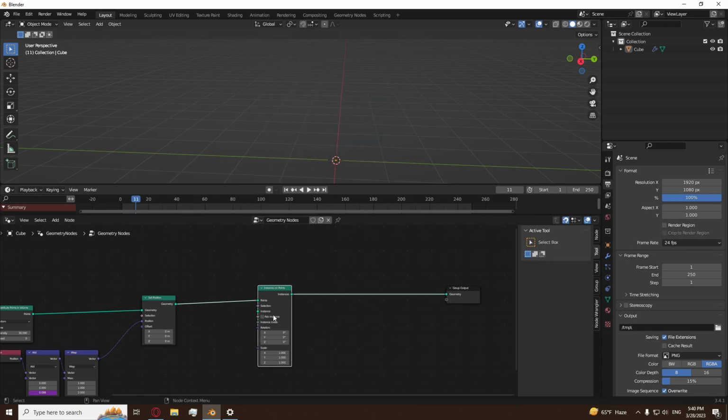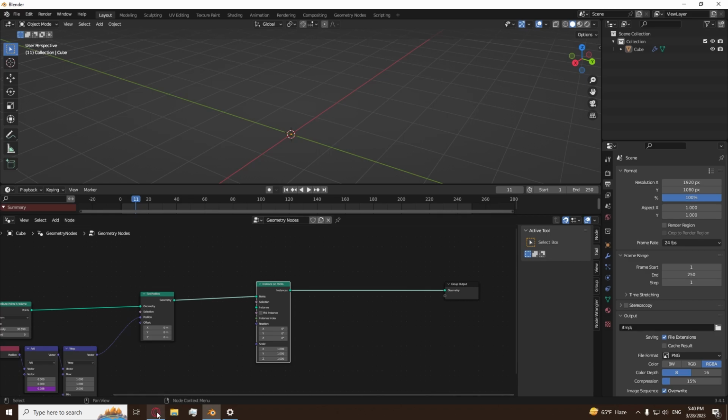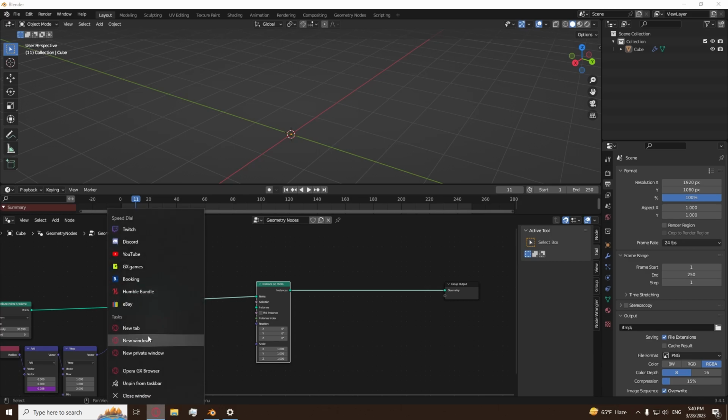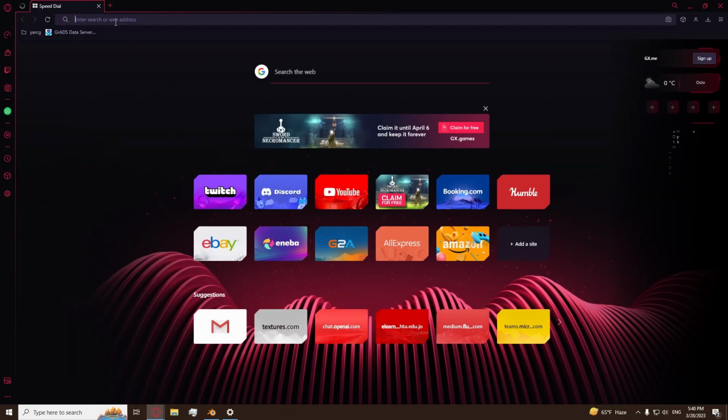Instances, instance on points. Now, the instances we're going to use are images as planes. Now, before we do anything, I should have shown you this at the beginning of the video, but it doesn't matter. Go here, go to your browser. I'm using this because I don't like any other browser. Go to, why am I giving you a guide on how to use your browser too? I don't know what I'm doing. Anyway, go to